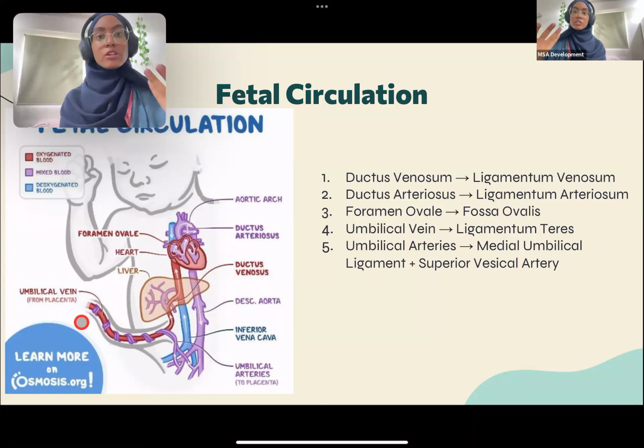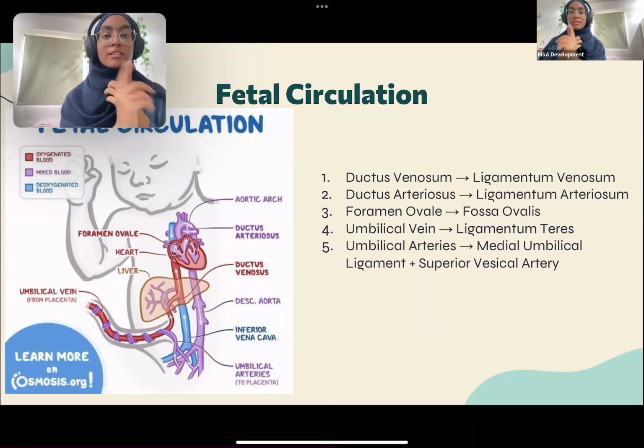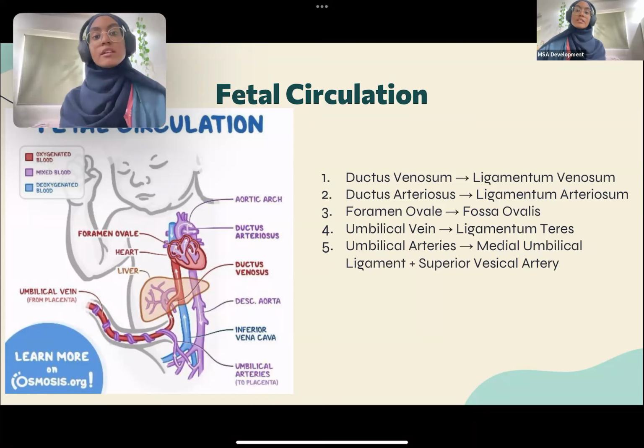It's deoxygenated blood. But this is the first exception. The second exception is the umbilical artery. The umbilical artery carries deoxygenated blood while the umbilical vein carries oxygenated blood. Okay? So we get the oxygenated blood from the umbilical vein and then usually right now, when